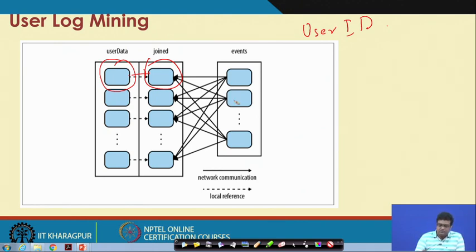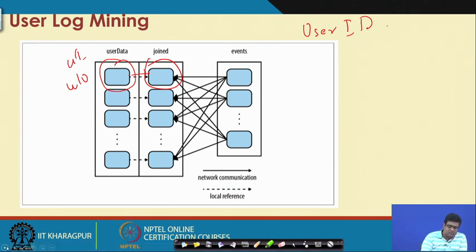So, only the events data for these particular users needs to be transferred. Let us say you are storing user 1 to user 10 in this particular partition. Then from all the event partitions, only user 1 to user 10 data needs to be transferred to it. So, this saves a lot of bandwidth.